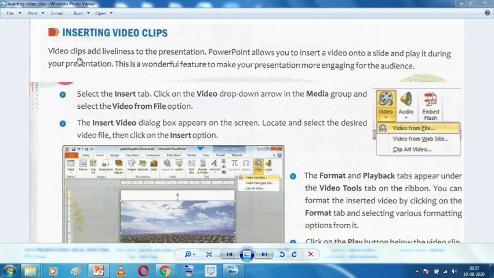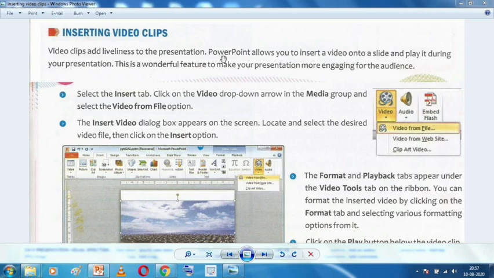We will add a short video clip into our presentation today. What video clips do is add liveliness to the presentation. That means it makes our presentation look more alive.